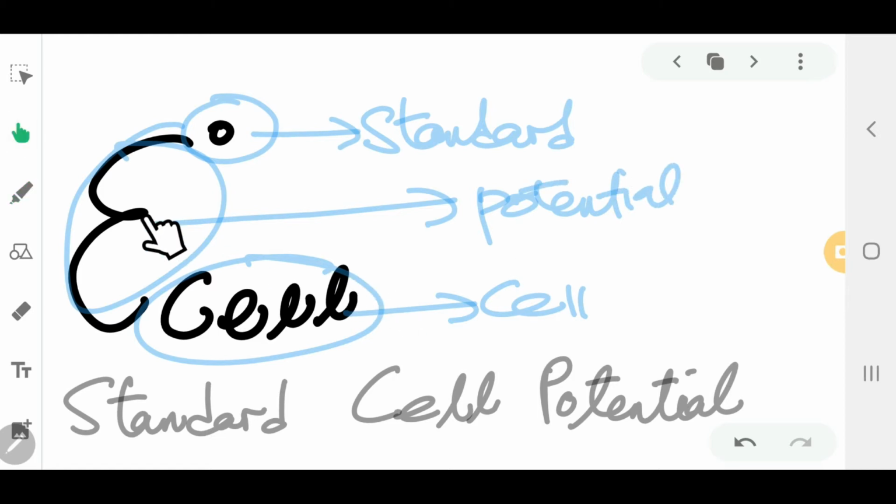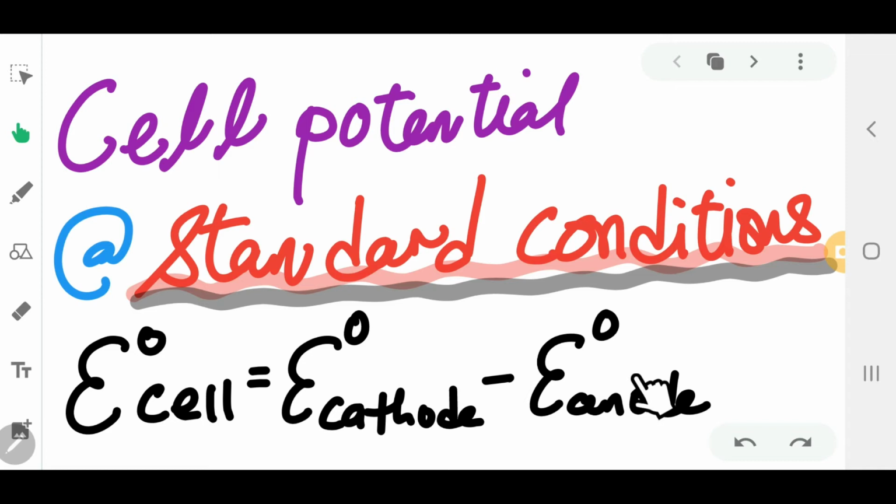So whenever you see this symbol, with potential, cell, and naught right there, this is the standard cell potential, the equation that we can use to calculate the cell potential